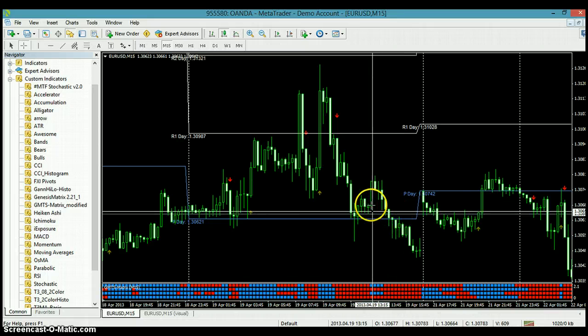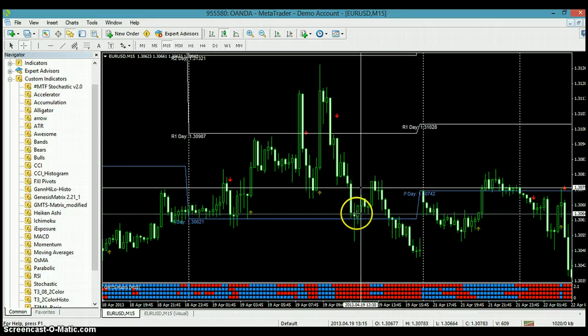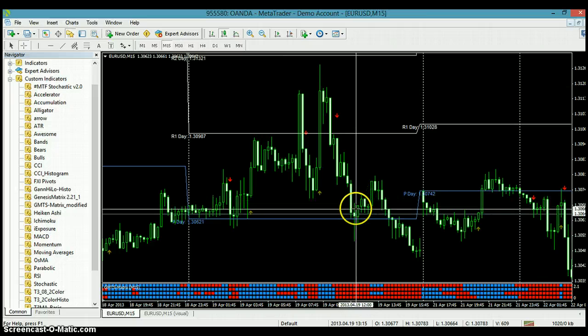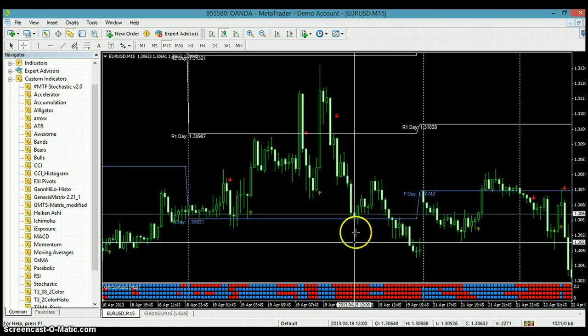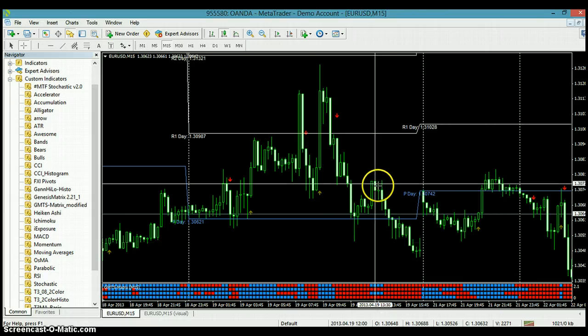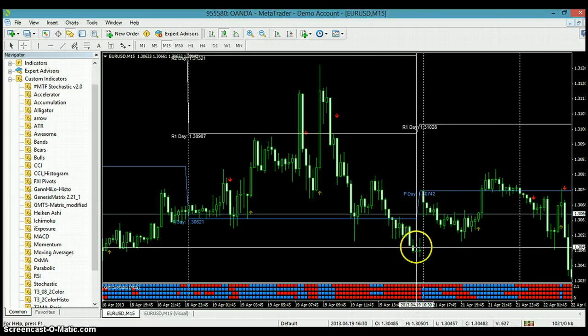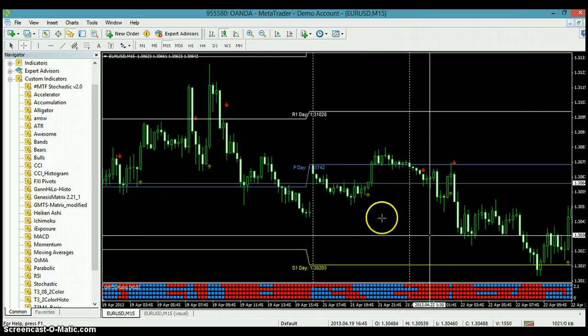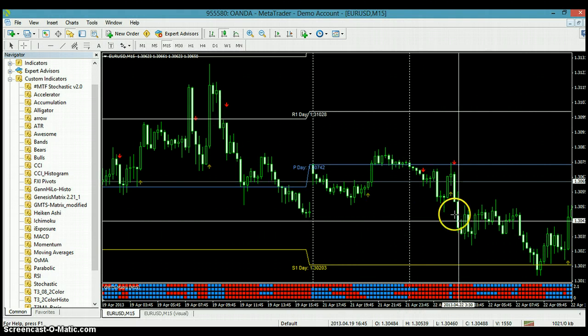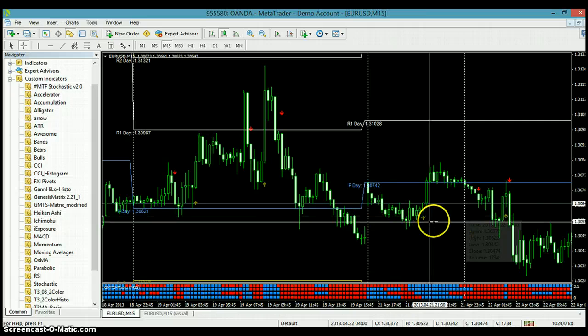Here's another instance with the 2. Say it stopped you out because it went way down here. Your trailing stop got hit, and it went back up, stopped you out. Getting back in here wouldn't be a bad idea. Obviously, it's not always going to be profitable, but I think that's it for the trailing stop or getting back in